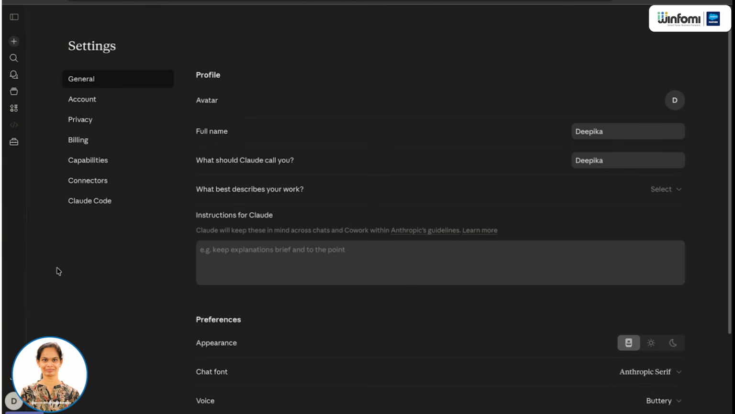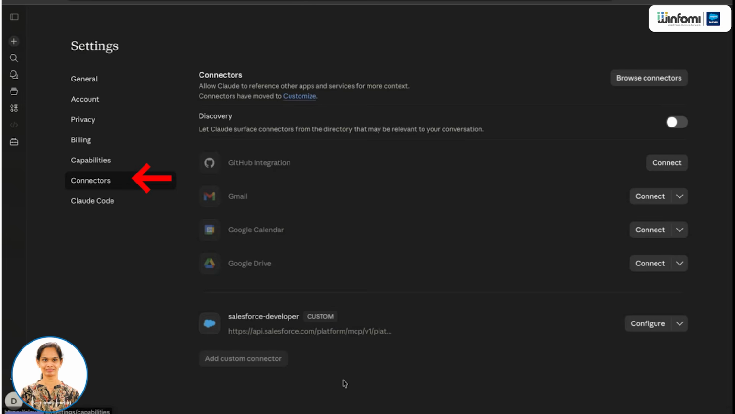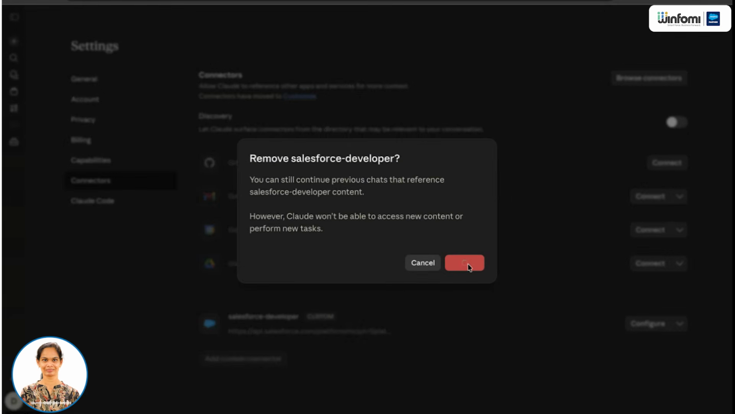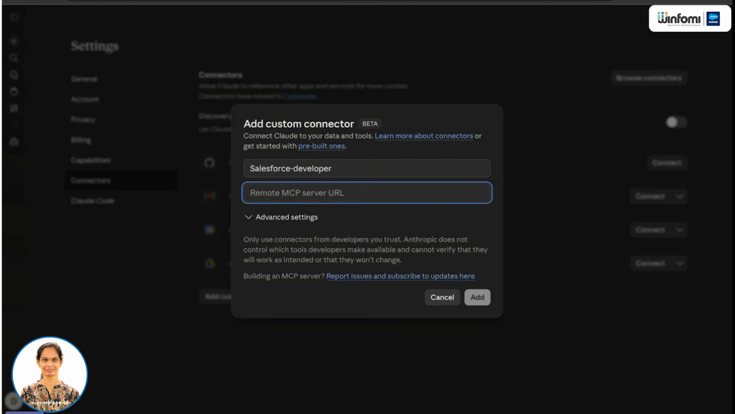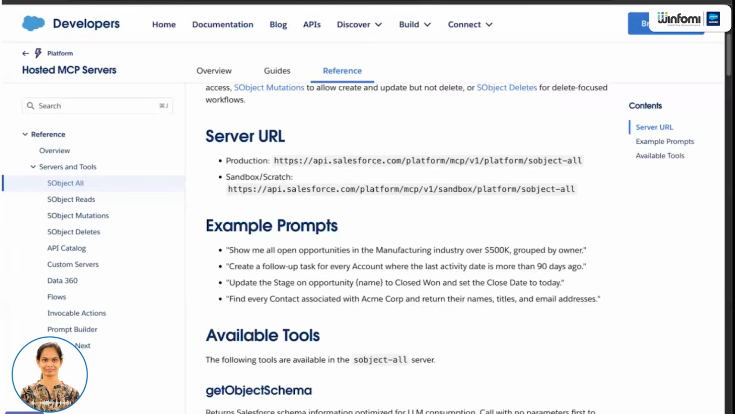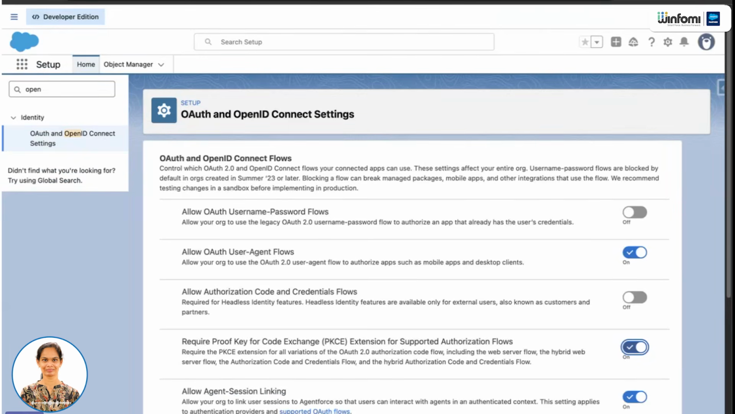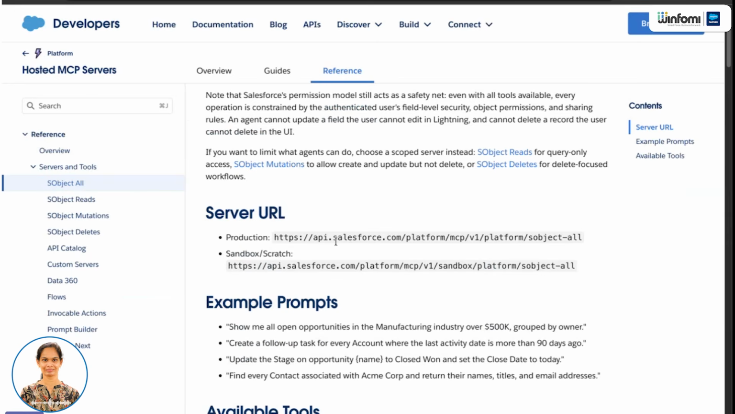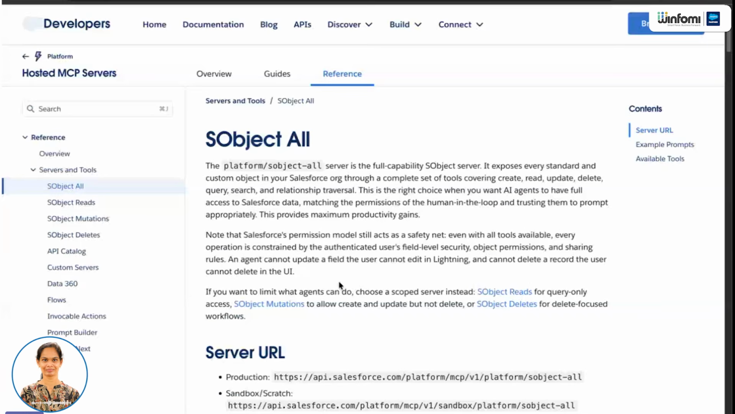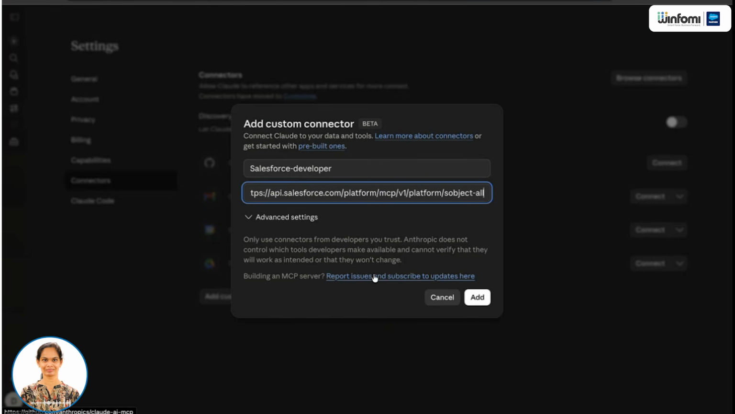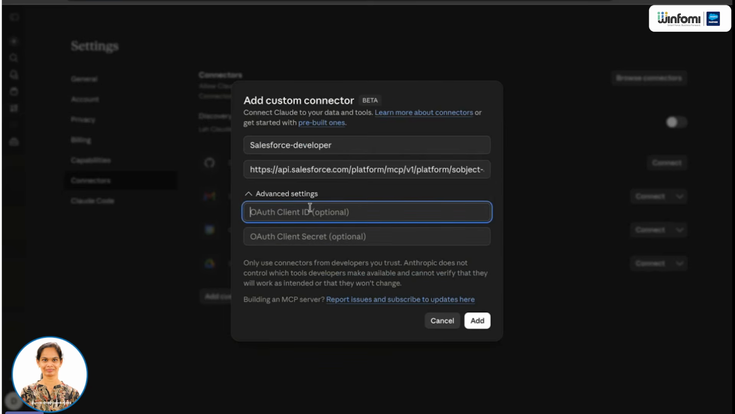We need to go to settings, then to connectors, and here we can add the custom connector. If I'm adding Salesforce, here is the MCP remote URL. We need to go through the documentation of the Salesforce MCP connector, which we have seen here. This is the connectors page; we need to get this URL from here. You can go through this documentation on how we can access the MCP server. And in the advanced settings, we'll be setting up the ID and